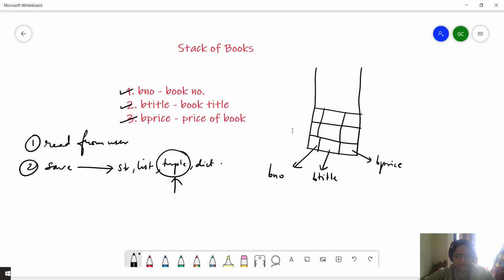Suppose for example for book number the user gives 101, for book title the user gives XYZ, and for book price the user gives 400. So these 3 things will be saved like this within a tuple.